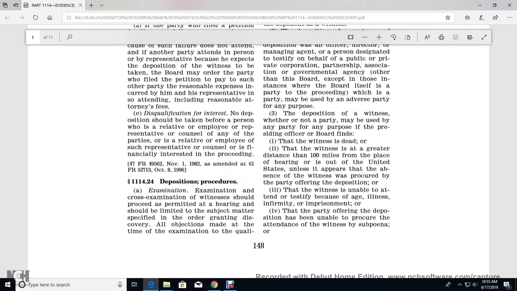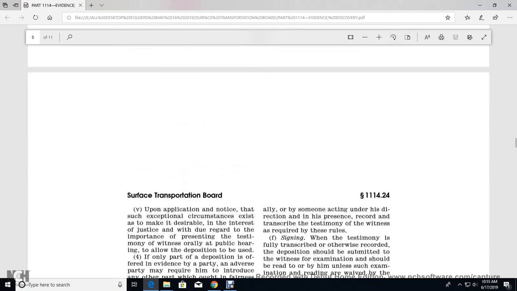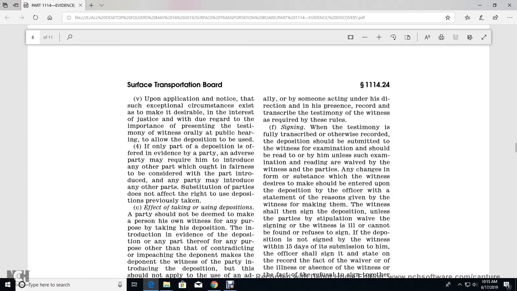by any party if the presiding officer or board finds that the witness is dead, or is at a greater distance than 100 miles from the place of the hearing or out of the United States, unless it appears that the absence of the witness was procured by the party offering the deposition, or that the witness is unable to attend or testify because of age, illness, infirmity, or imprisonment, or that the party offering the deposition has been unable to procure the attendance of the witness by subpoena, or upon application and notice, such exceptional circumstances exist